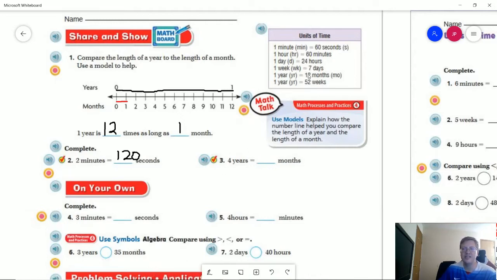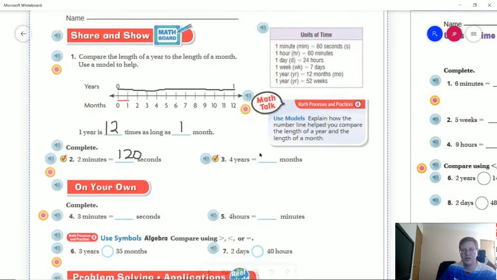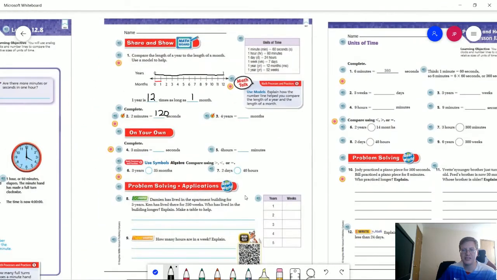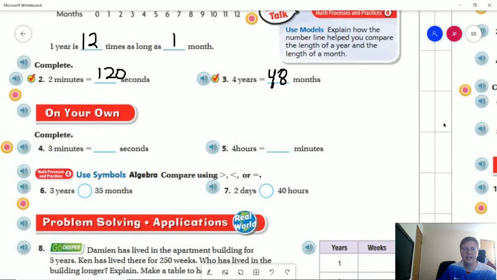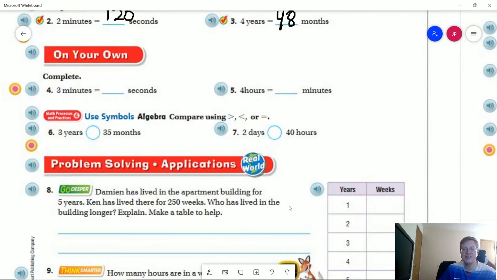Now, for the number of months in a year, we can do 12 times 4 to get our answer for that, and that is going to give us 48. And for number 4, the number of minutes times 60 would give us 180 seconds. The number of minutes in an hour times 4 would be 60 times 4, so that will give us 240